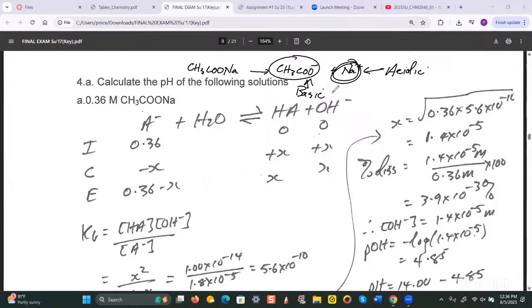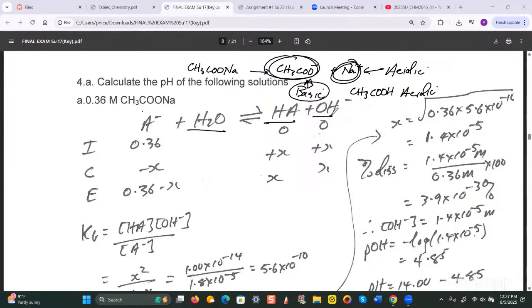right? Now, we know that it's basic because this here is the conjugate base of an acid, and the acid would be CH3COOH, right? So this is acidic, and the CH3COO minus is a conjugate base, so therefore it's basic. So that's why we know that this is basic and therefore will react with water. I use the abbreviation A minus to represent the acetate ion, but basically, because it's basic, it's going to take a proton from the water to form the products that you see over here on the right side